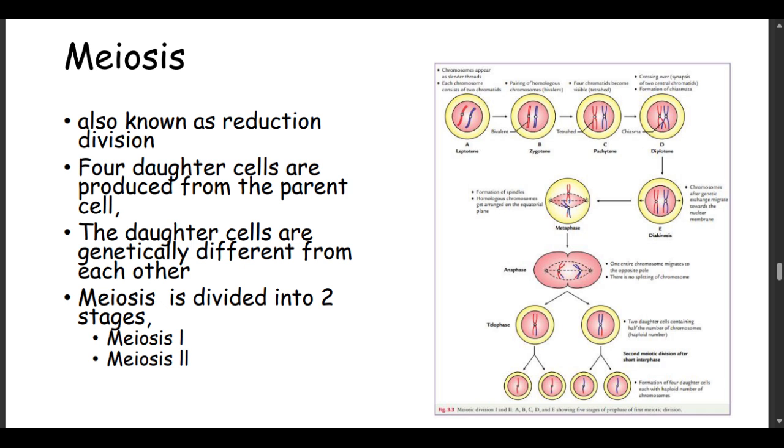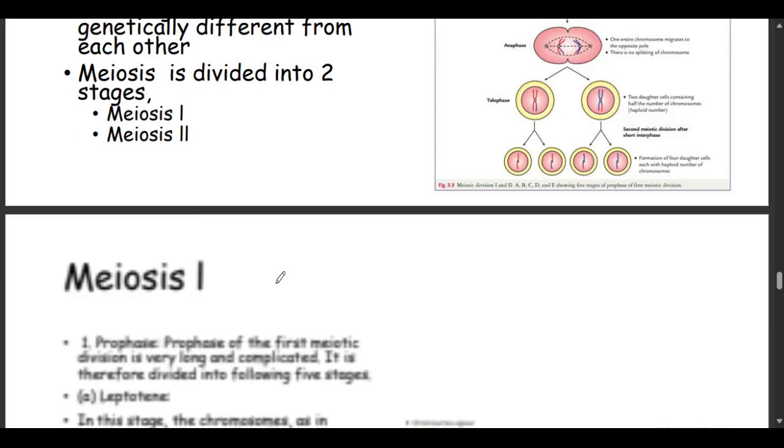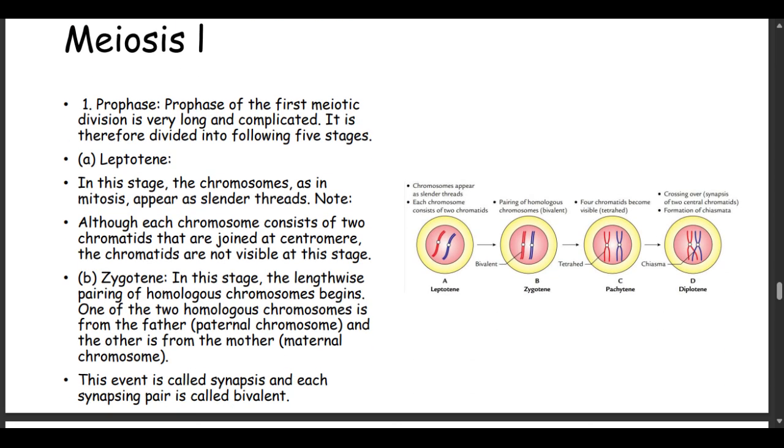So the meiosis type of cell division is divided into two stages. These stages are denoted meiosis 1 and meiosis 2. So what is happening here is firstly in meiosis 1, we have prophase as well. And this prophase is